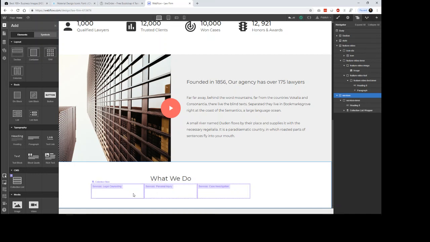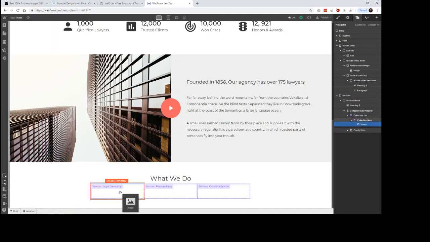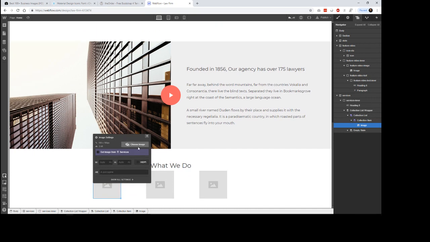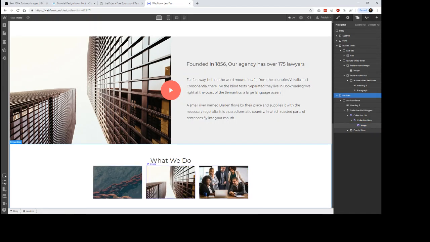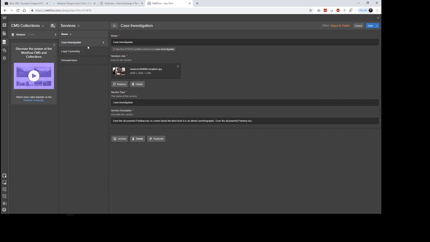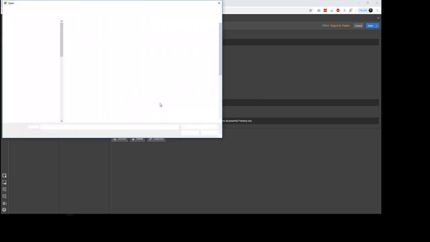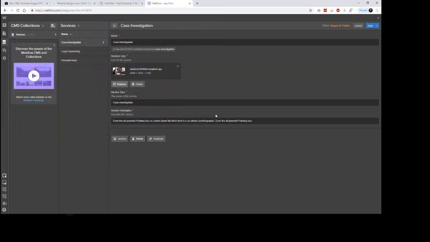That wasn't a great explanation. I didn't understand it until I saw somebody do it. So let's go ahead and take an image, and we'll put an image here. And then we want to connect it to the service icon. And voila, all of our services icons show up. So everything that has this field inside of our collection, if we were to replace this with a different image,